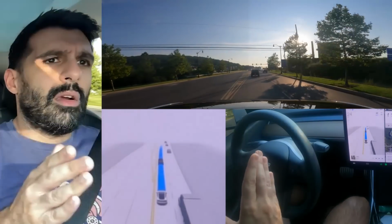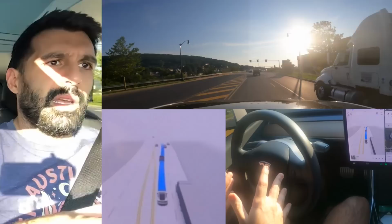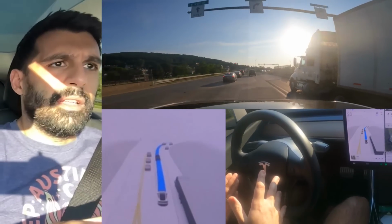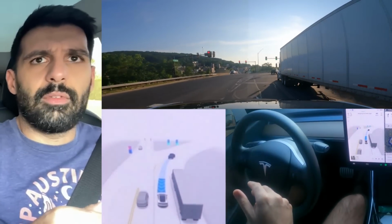So here, the road's going to veer to the right. This lane's okay. So as long as we stay in this middle lane now, we'll be able to make a right. So let's see how it negotiates this right turn. So we have the tractor trailer. So it's slowing down. We have a right turning rate on the...